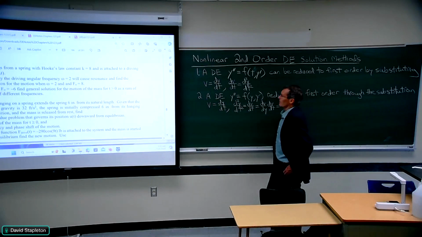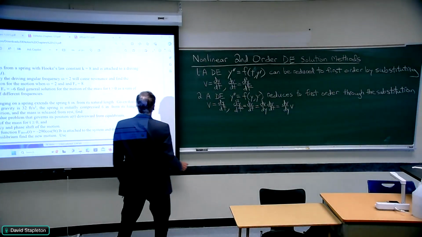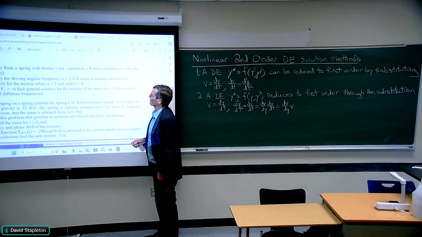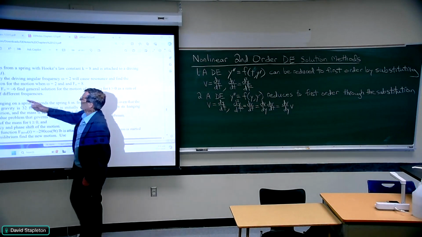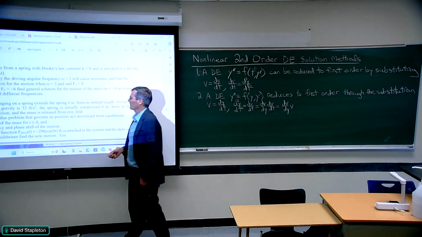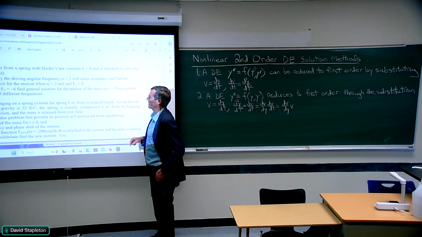All right, well, we have a review problem first then, number 1 at 3.3.3. Which says that a 2 kilogram mass hangs from a spring with a Hooke's law constant K equals 8 and is attached to a driving force. There's some constant F0 times sine omega 0 t, omega 0 being the frequency at which it's driving. So it's a sinusoidal oscillation pushing it, such as you might get in an electronic circuit if you apply the voltage